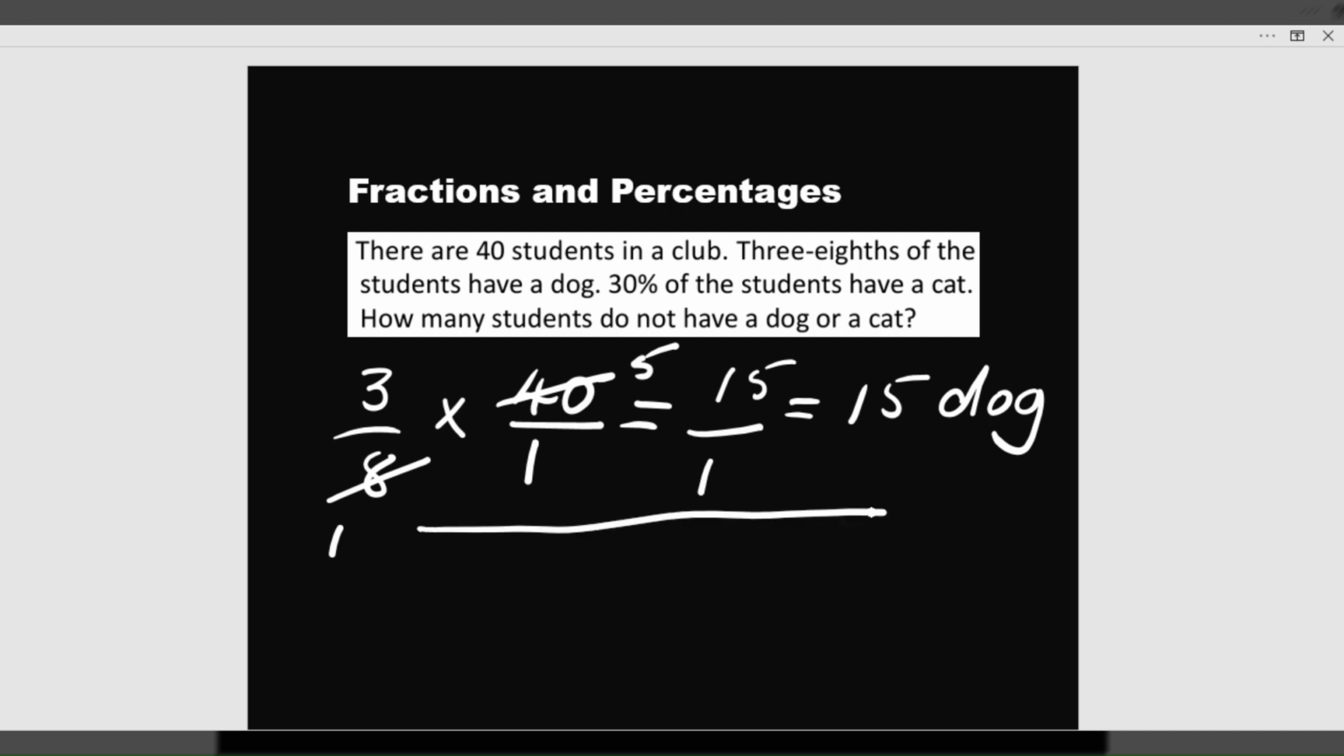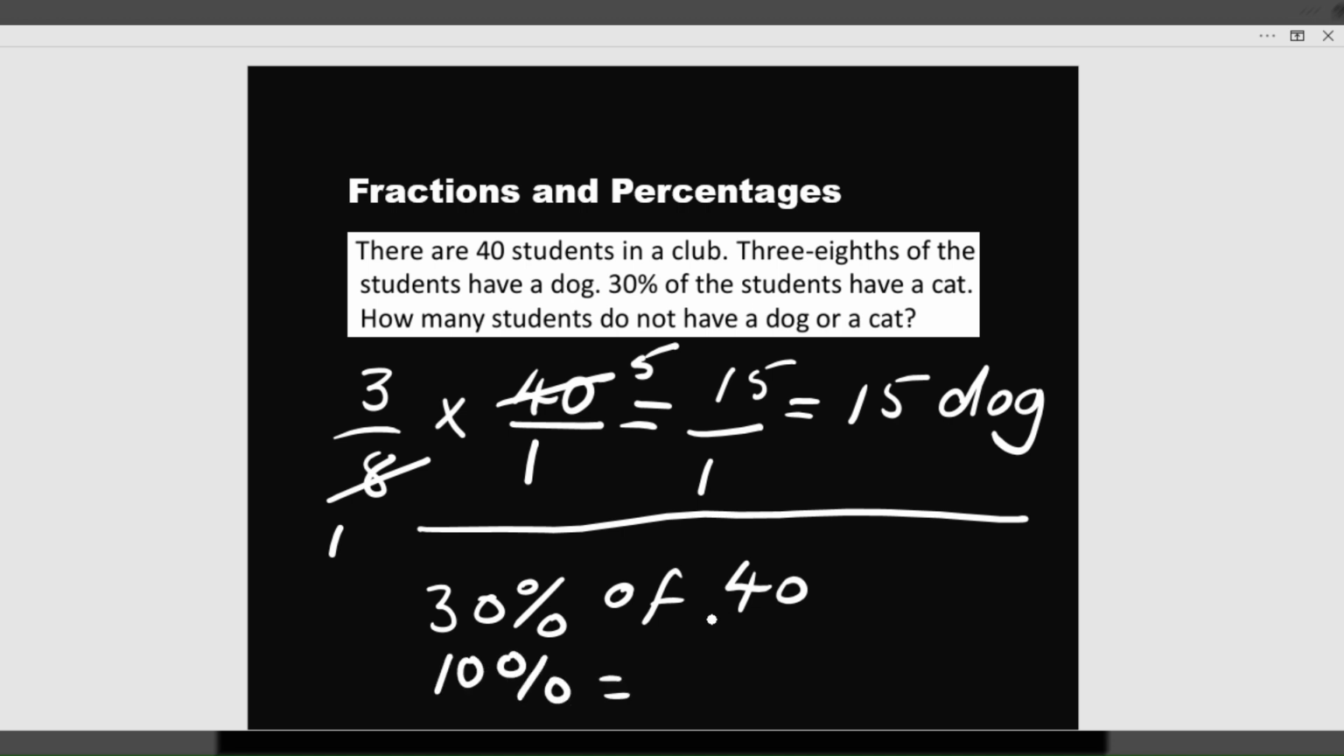Okay, next part says 30% of the students have a cat. So 30% of 40. Right, so if we're doing it without a calculator, we can think 10% is equal to, so divide by 10, is equal to 4. So 30% is equal to 3 lots of 4. So that means 12 students have the cat